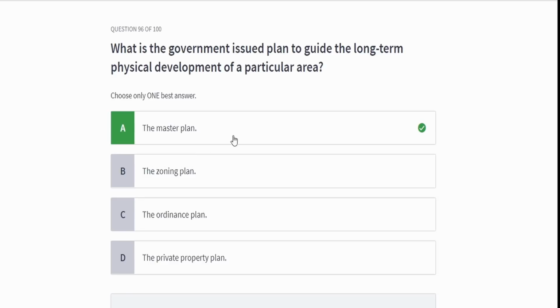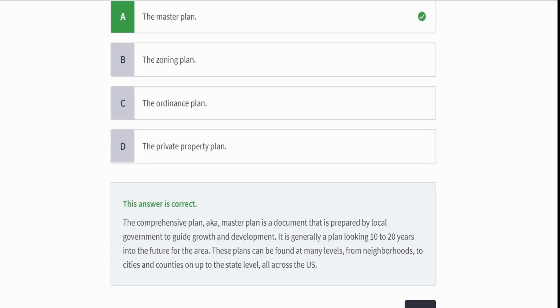You just need to be familiar with what the master plan is and kind of how it operates. Because obviously, if you're working especially in commercial real estate, that's going to show up. You're going to have to deal with that in some instances with construction and stuff like that.